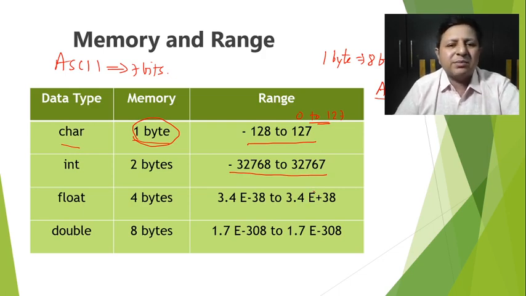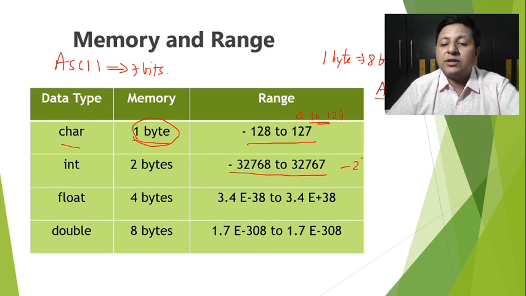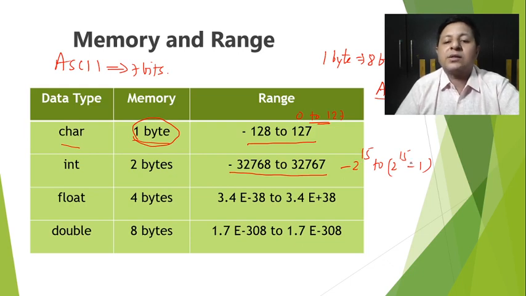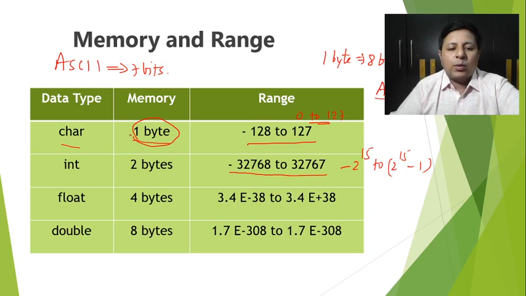In a very simple, conclusive manner, I can say 2 bytes is 16 bits. So 1 bit is kept for sign. So the range is minus 2 raised to 15 to 2 raised to 15 minus 1. And if you find the values, these are the values that correspond to this range. If that has made you more curious about how exactly it has come, you can very well go and watch that video, that is finding the range of the int variable, or int data type. So char 1 byte, int 2 bytes, and accordingly the range is being different, or is being set.